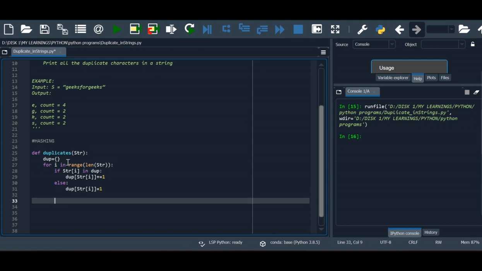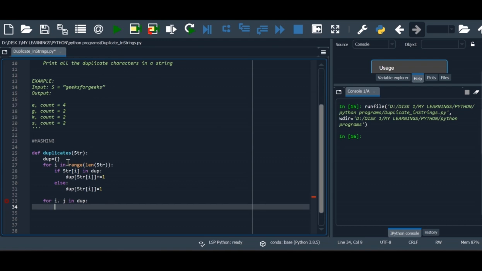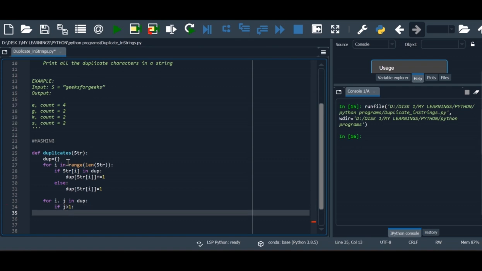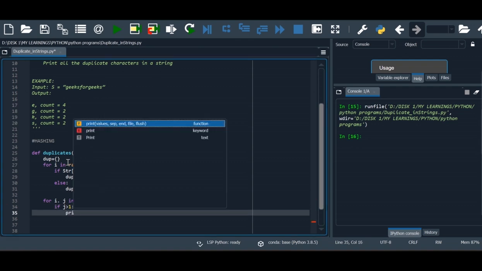Now our task is to fetch the data from that dictionary and return the items having more than 1 count. Okay, so how we will be doing that is, for let's say, take two example variables to iterate through the dictionary. Let's say i comma j. Okay, in this dictionary, if j is greater than 1, then what we will be doing is simply returning those values. Print